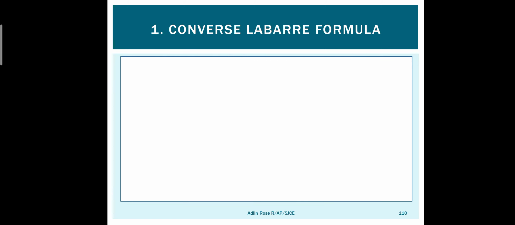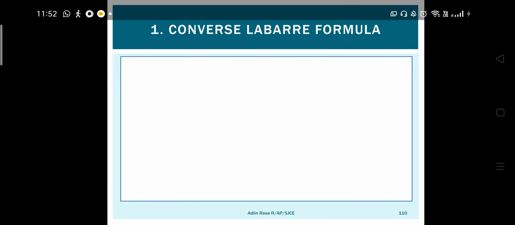Okay, so as I said, we have three methods. One is Converse-Labarre formula, second is Feld's rule, and third is block failure criterion. So we will start from Converse